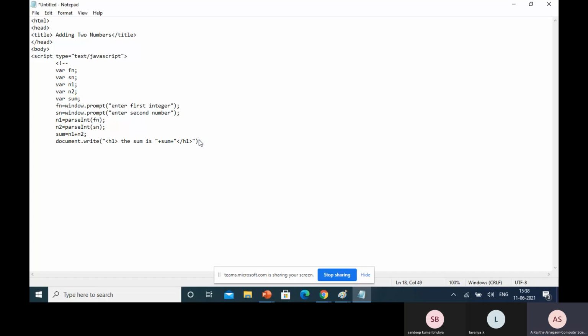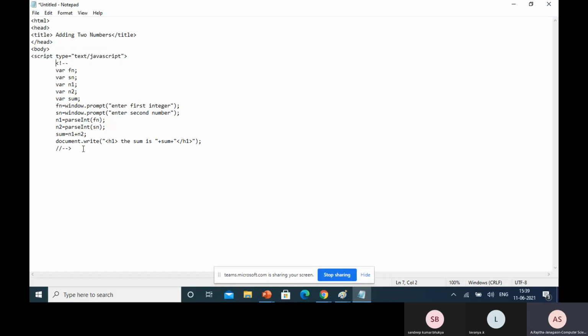So from here to here, JavaScript is there. That's why I placed these within these tags.